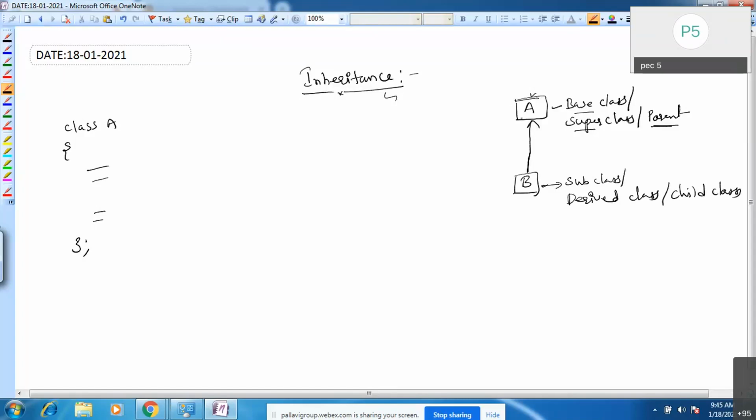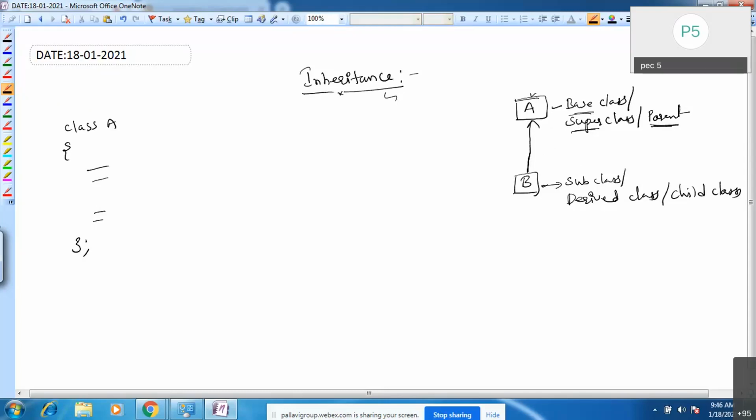Simply, you are using this inheritance concept. Here you have class A and class B, and you are getting all the properties from one class to another class. This process is called inheritance. Acquiring the properties from one class to another class is called inheritance. The class from which the properties are inherited is called the base class, or super class, or parent class.